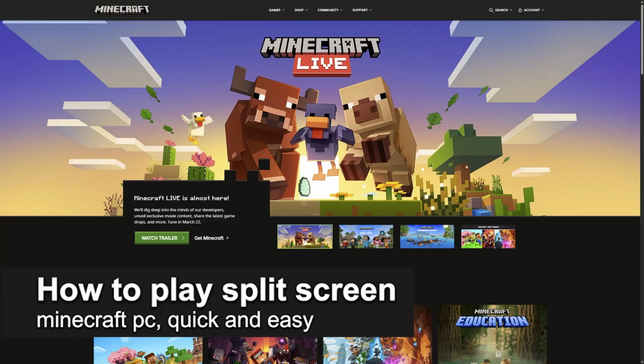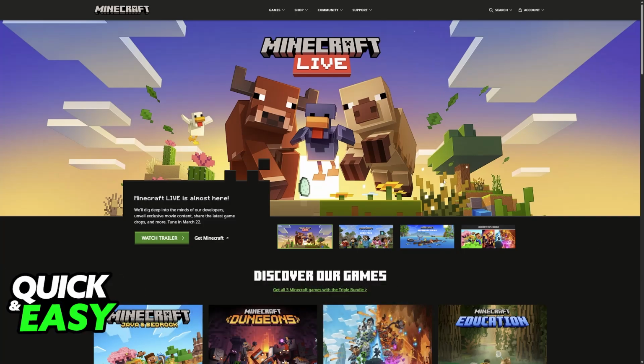In this video, I'm gonna teach you how to play split-screen Minecraft PC. It's a very easy process, so make sure to follow along. In this video, I'm gonna give you easy to follow instructions on how to set up split screen on Minecraft